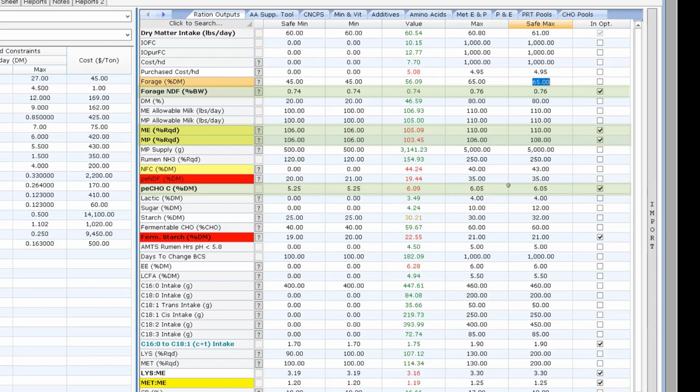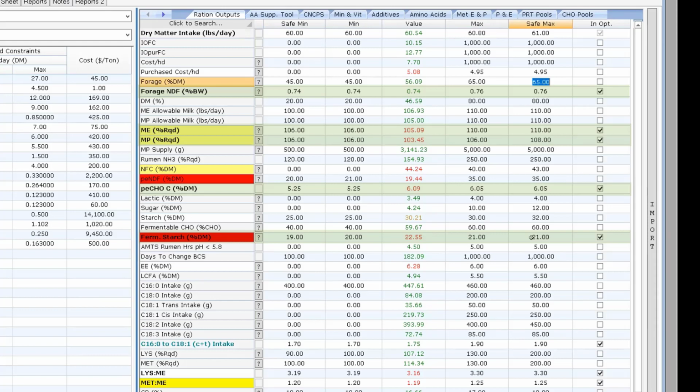So you'll see my maximum here is 6.05% of dry matter. You'll also see I don't do things like sugar, starch, or whatever, but I do fermentable starch. And that 21% maximum on fermentable starch, I am quite confident that that is really the max that I will go to.